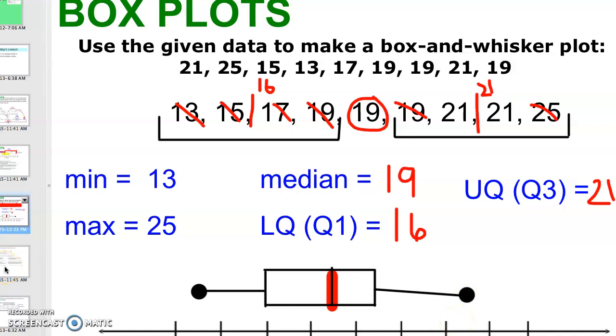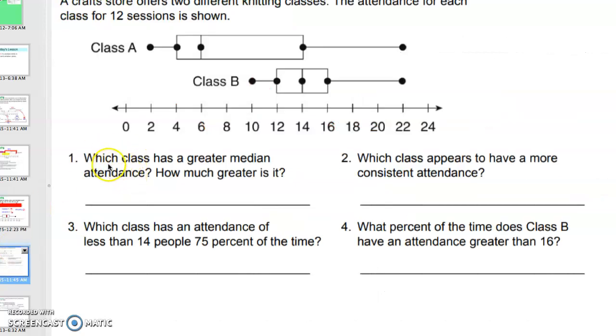Right now we're going to go into analyzing box plots. So it says, which class has a greater median attendance and how much greater is it? So here's 2 different classes. They're knitting classes. We have class A and class B. Which class has a greater median? Well, the median's the middle of the box. So here's my median for class A. Here's my median for class B. So class B has a greater median. Well, it says how much greater is it? Here is 14